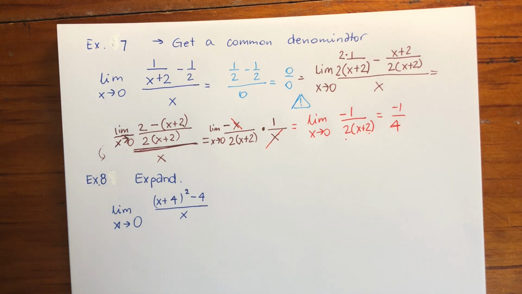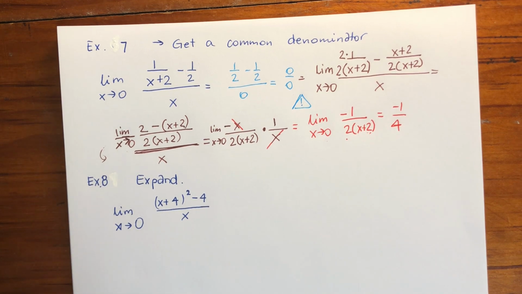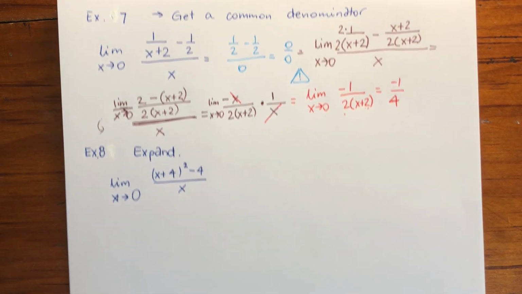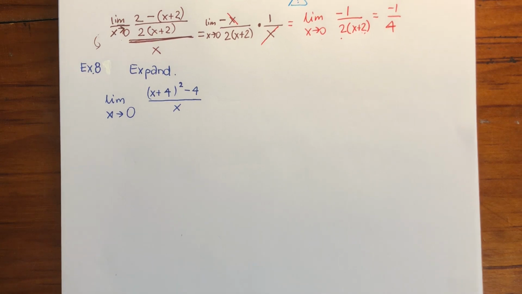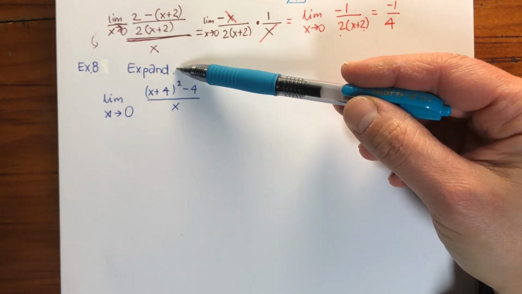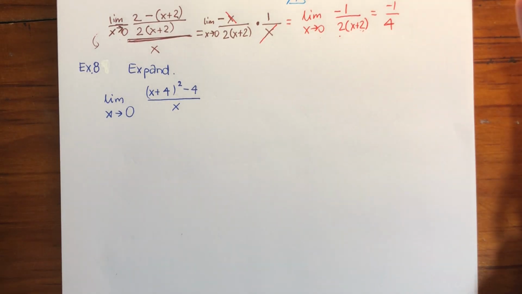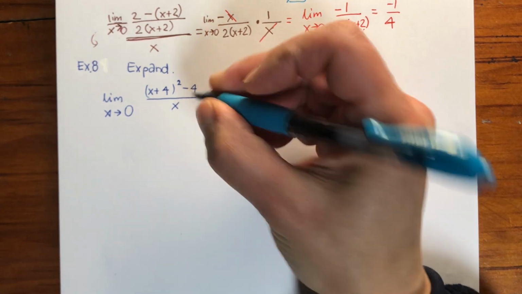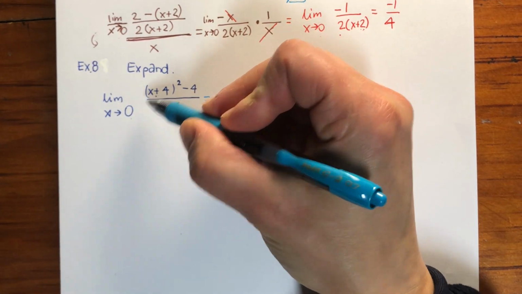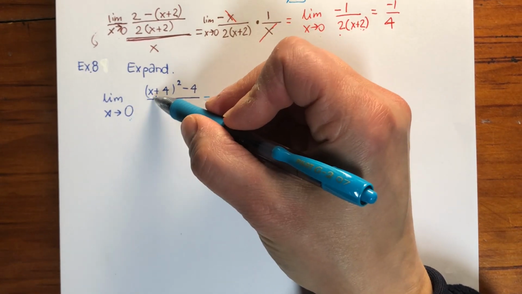One more example we'll do together, and then I will give you some to practice. All right, so this method, I call this expanding. However, you don't have to give something like this a name. You can say, well, let's see. The first thing, always plug in the number. So 0